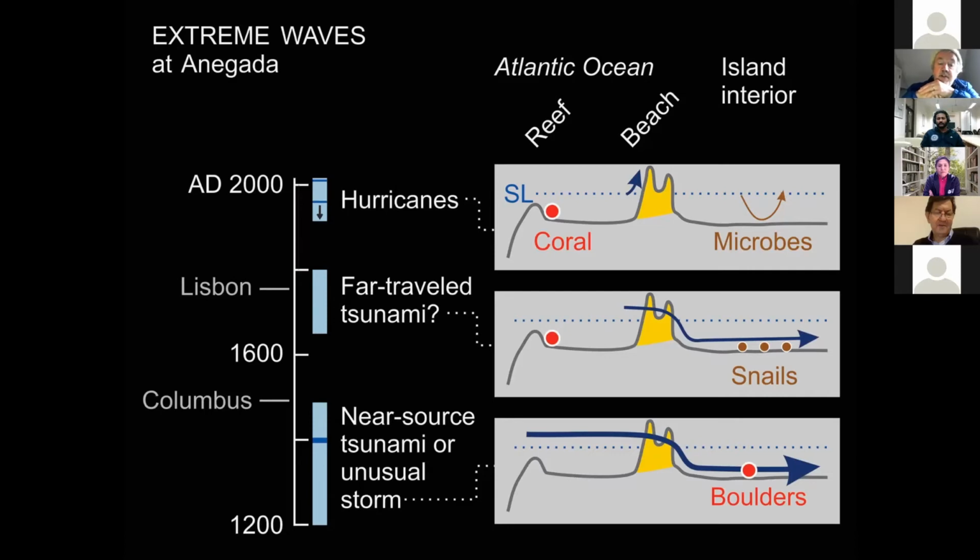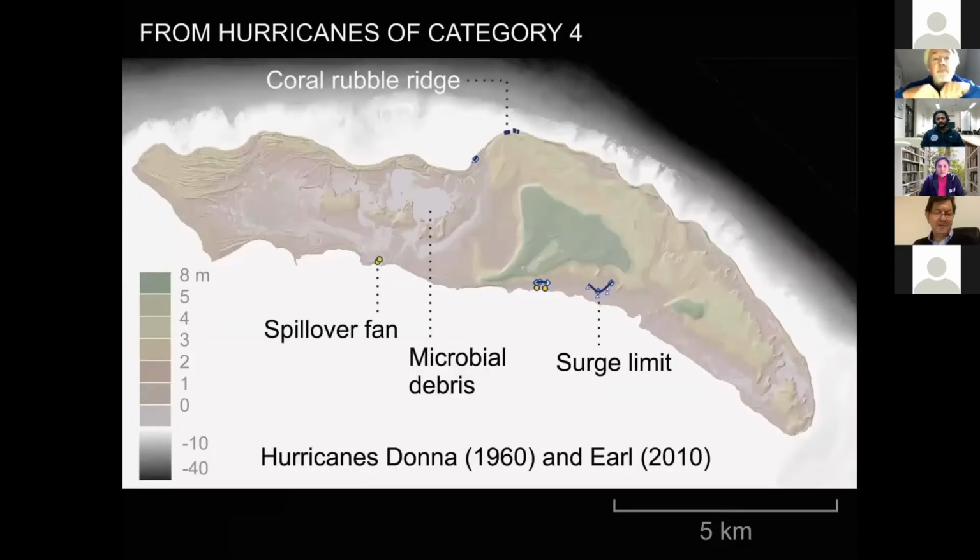But in the last centuries before Columbus, there was an event that did move those corals, broadcast them inland quite a ways. And the question there is whether that was a tsunami or a storm. The 1650 to 1800 event has a known possible source with Lisbon as a transatlantic source. So very briefly,